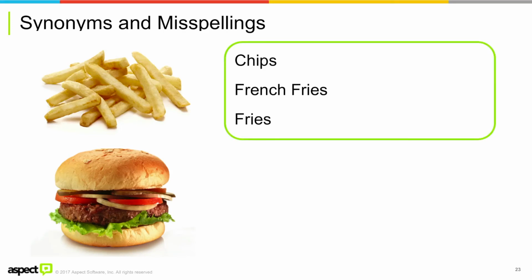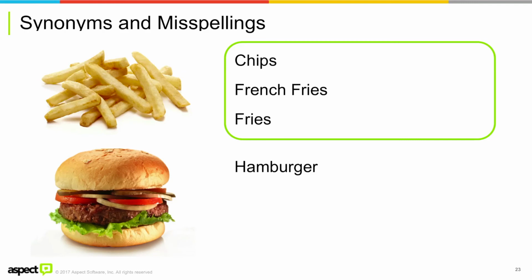And we want to know that it means the same thing, and we don't want to have to train the AI. Here are the possible different words someone would use. Let's have that built into the linguistic intelligence of the platform, that there are lots of different words, including someone could just say fries, that all mean the same thing. And from the burger perspective, people could say hamburgers.